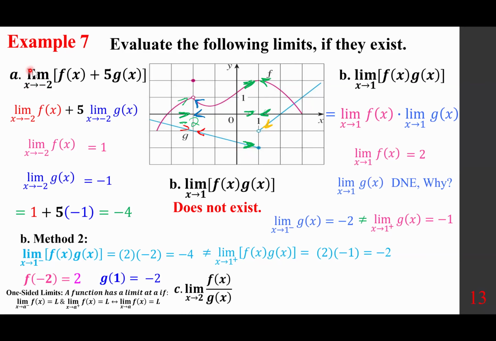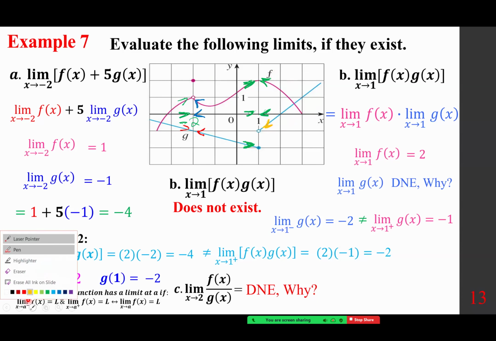What is the limit of f of x over g of x as x approaches 2? Well, doesn't exist. Why is that? Because here's number 2, everybody. And f of x is the red one. So from the left and right, let me just, so this is number 2, and from the left,